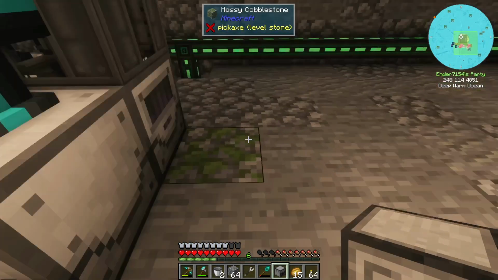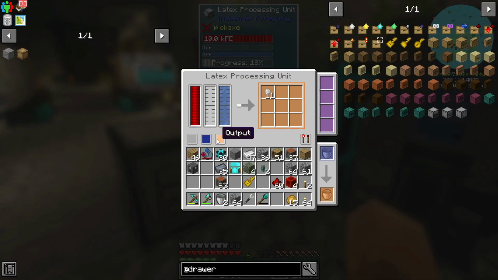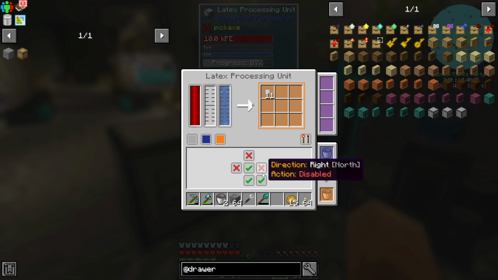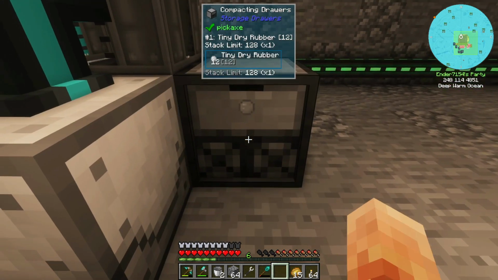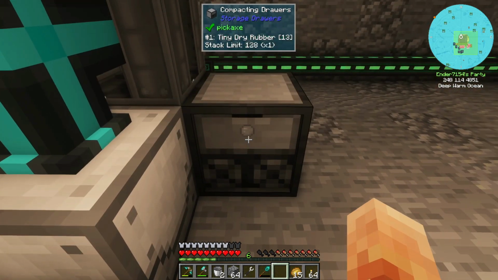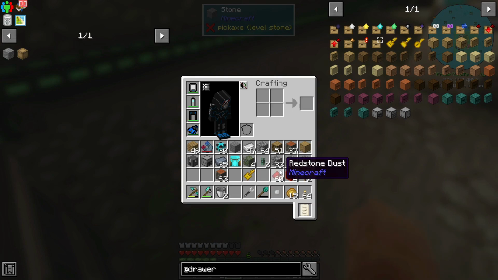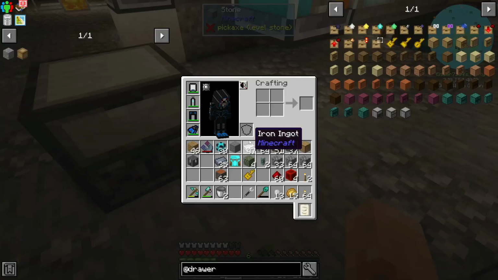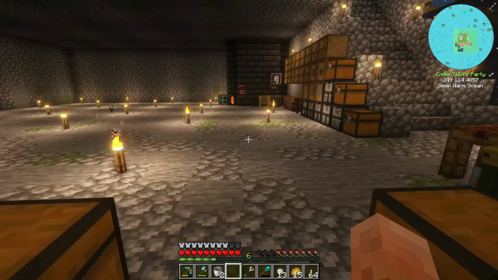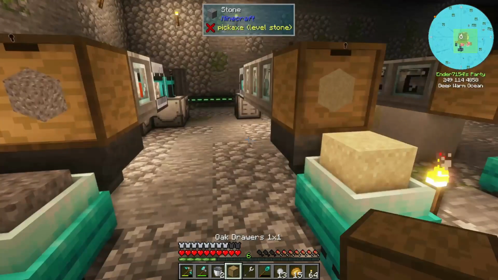And so if we go here and put that right here, and we go into our latex processing unit, and we go output, I'm going to disable all of them. But the front, I'm going to put on push. So now, oh, it's not going to let me. Nope. Okay. Well, that's fine. It's not going to let me compact them. I guess that's because, my guess, I'll have to test this, but my guess is that's because dry rubber cannot be turned back into tiny dry rubber, which means it can't be done in, oh, this one's empty. Perfect. Cannot be done in the compacting drawer,